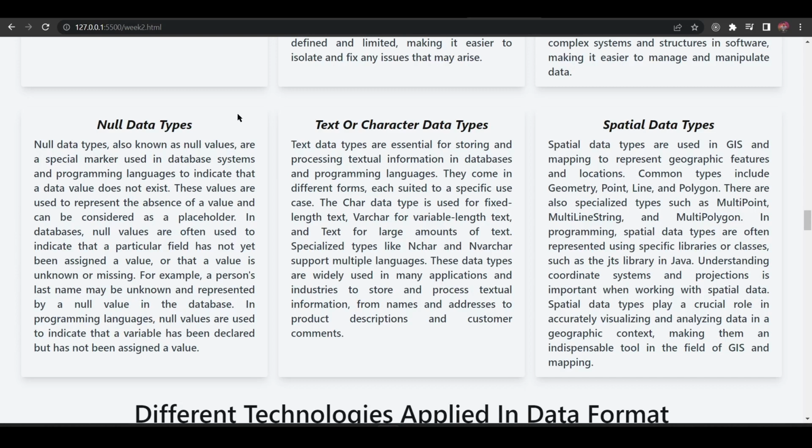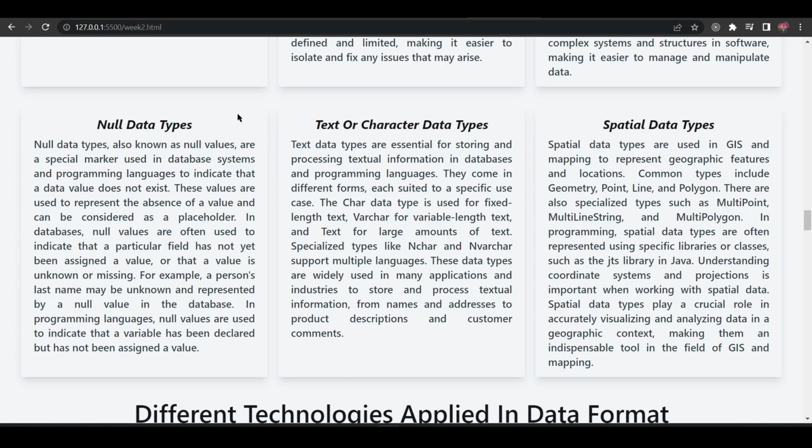So next, let's go to text or character data types. Text data types are essential for storing and processing textual information in databases and programming languages. They come in different forms, each suited to a specific use case. The char data type is used for fixed length text, varchar for variable length text, and text for large amounts of text.